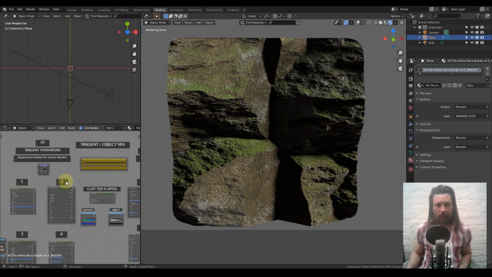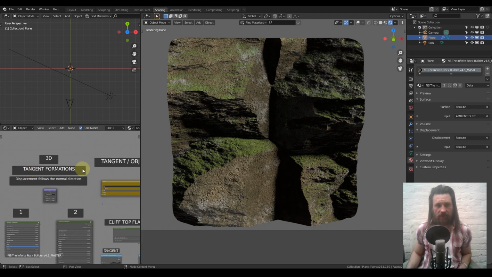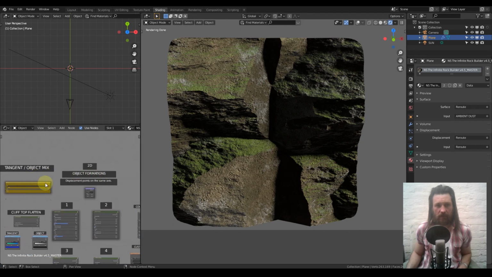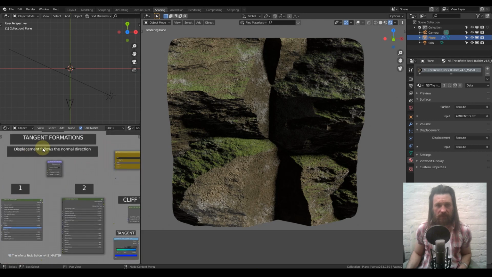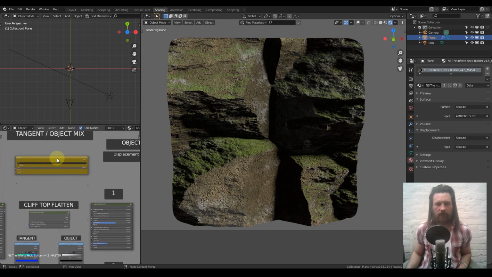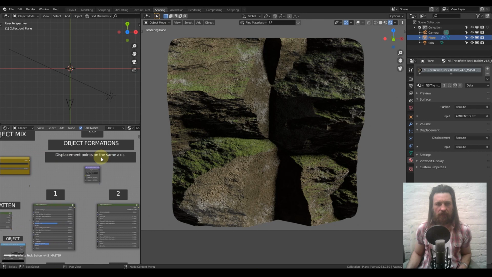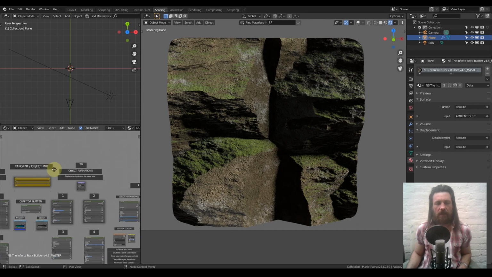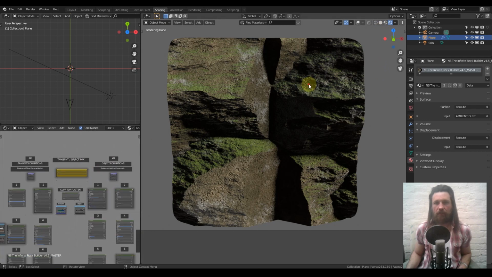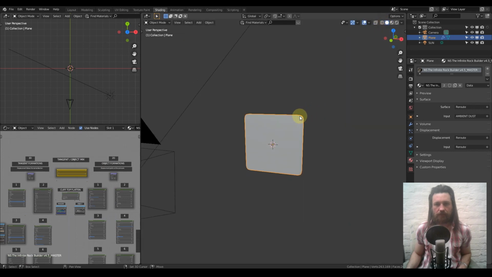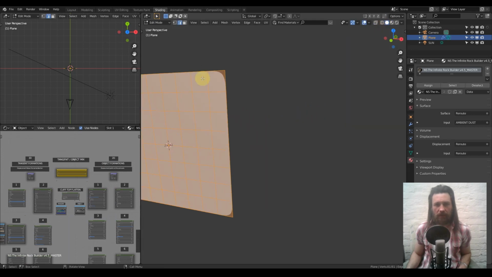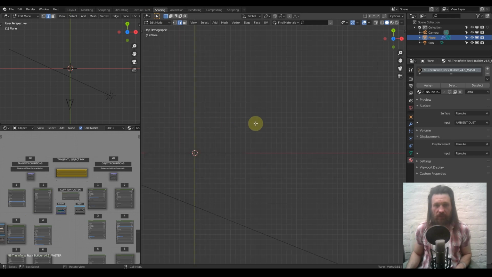Okay, so let's look at the differences. Tangent deformations next to object deformations, and as it says here, displacement follows the normal direction, and displacement points in the same axis. And what that means is, if we take this plane, and if we were going to round it off, which I would always do anyway, so we don't have harsh edges,